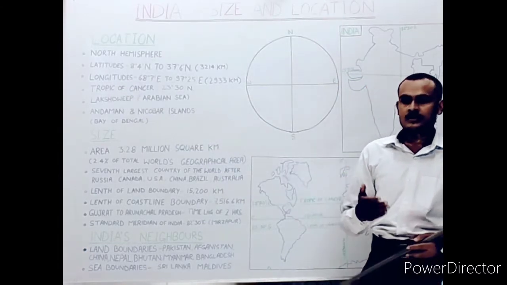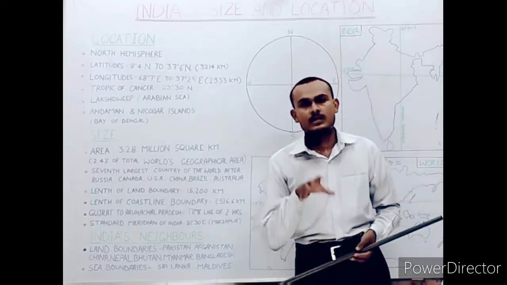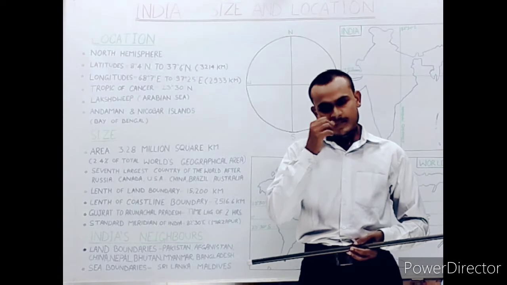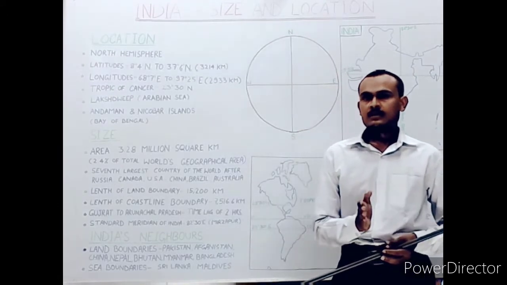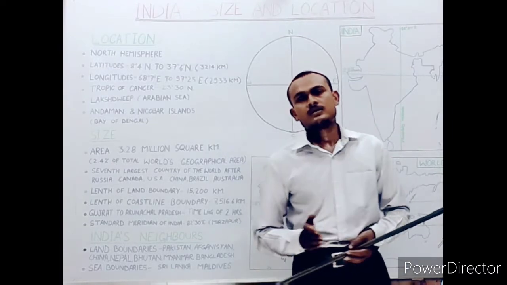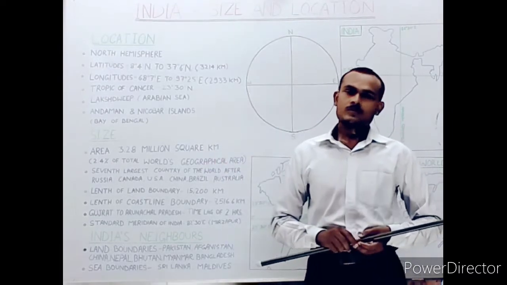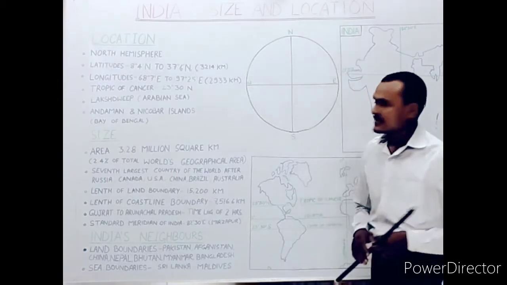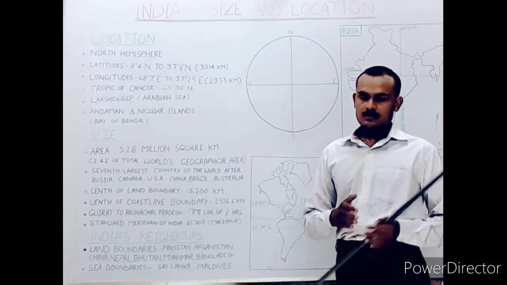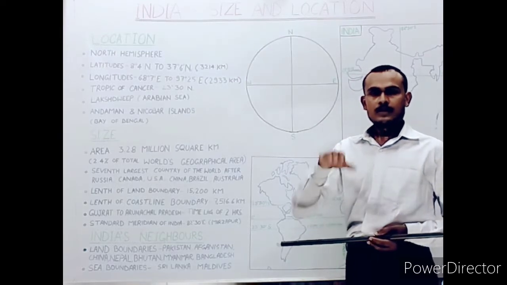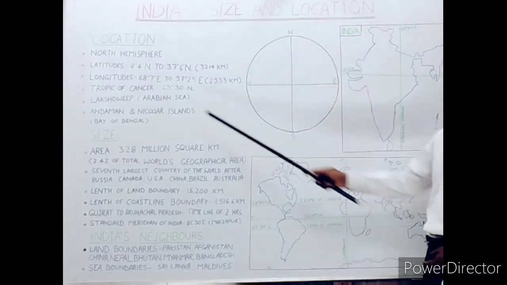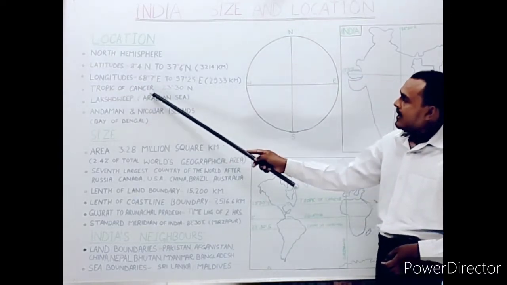Now we see the next point of this chapter, longitudes. Longitudes are the vertical lines found on the earth. The total number of longitudes is 360, 180 found in the eastern part of the earth and 180 found in the western part. These lines show us the time, which means the time zones depend on these lines. Now next is the Tropic of Cancer.